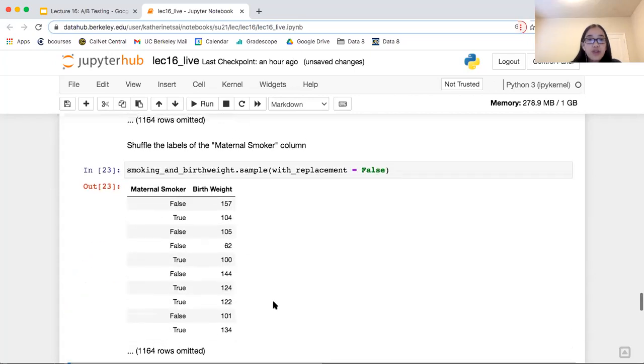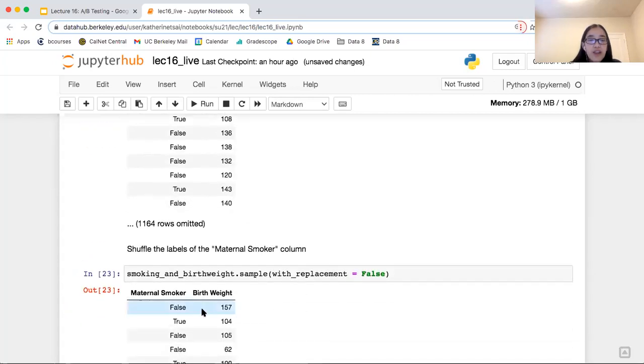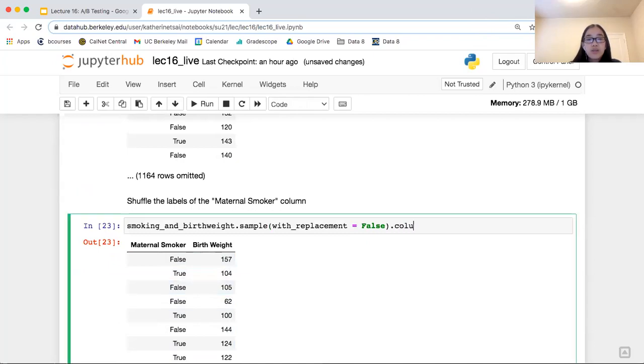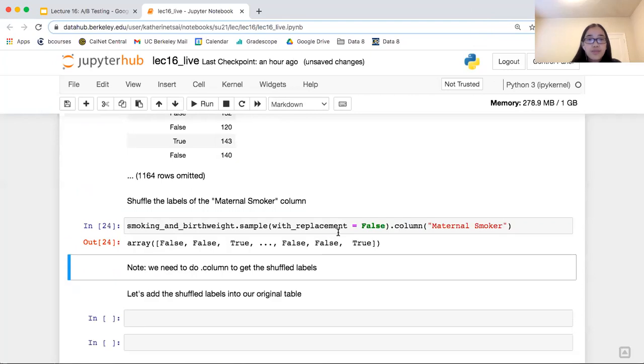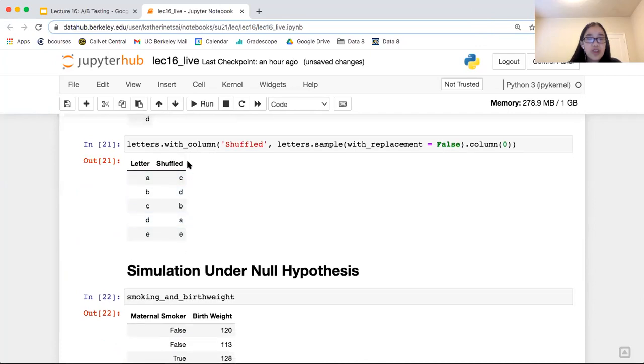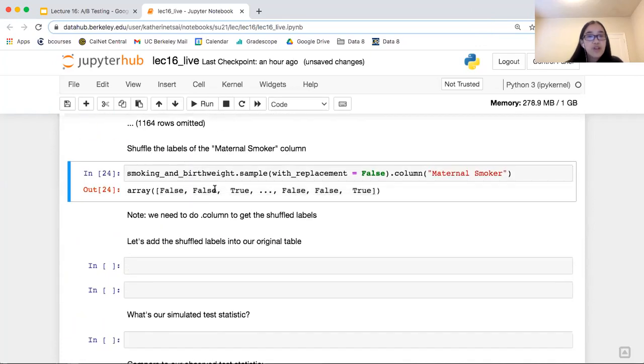Now you can see we have the values of this original table, but they're all in a different order. We can get dot column, let's just get the maternal smoker column. Now we have all of those labels, and these are shuffled, right? You can think of these as the shuffled versions. So now these are all the shuffled labels.